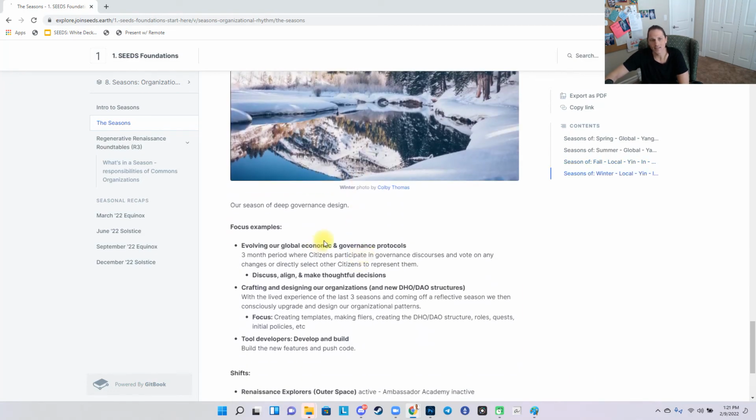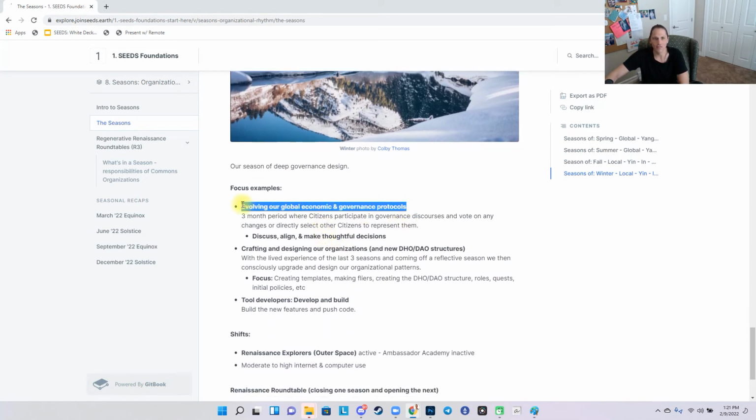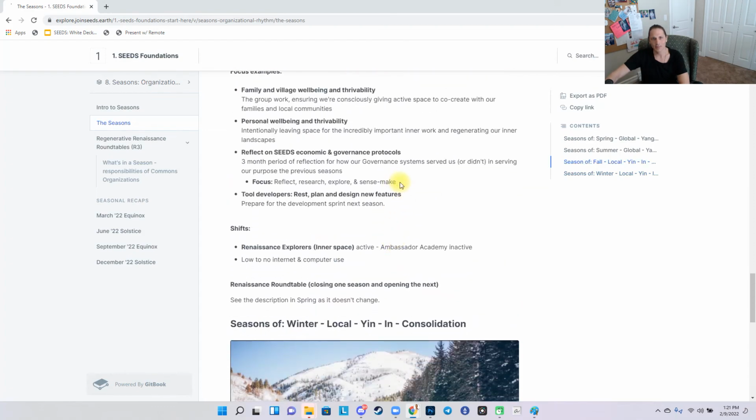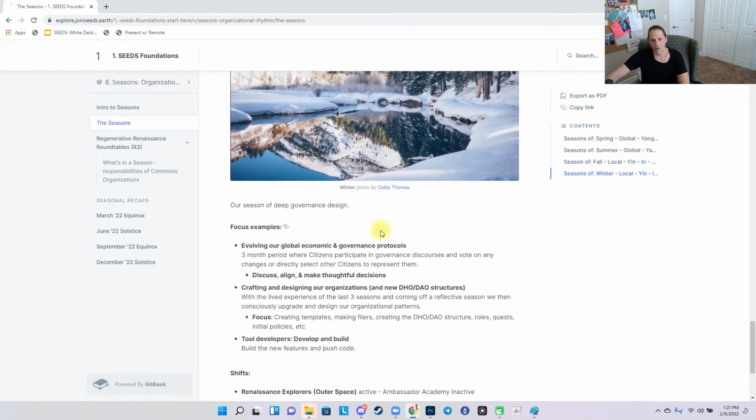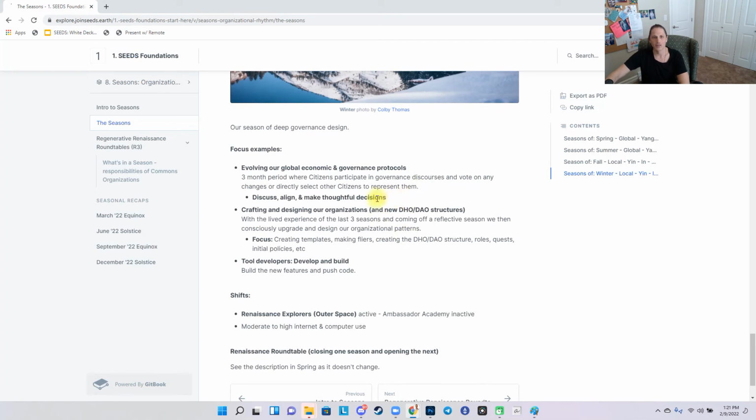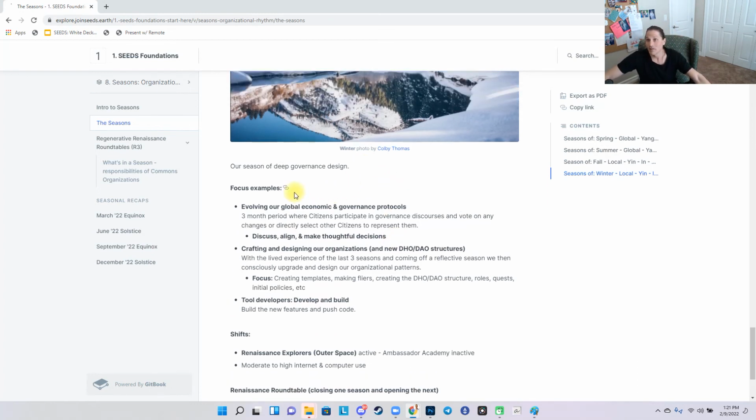Why? Because the next season, winter, is when we're actively evolving our economic protocols. So when we've had this time to really get inspired and do some sense making before we come together and try to make decisions and align and then discuss and actually take action and make proposals. So instead of having proposals all year round, which is what we're doing, where a referendum can come up at any moment and every new lunar cycle we're expected as a good citizen to go in and help make thoughtful, informed decisions, we're instead saying, nope, we're going to make this part of winter seasons.